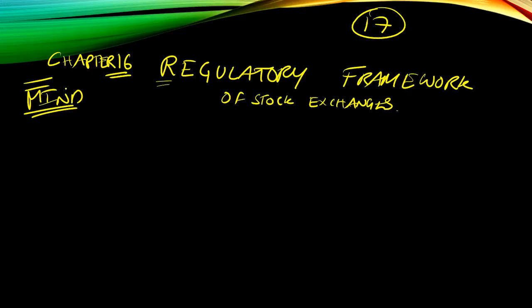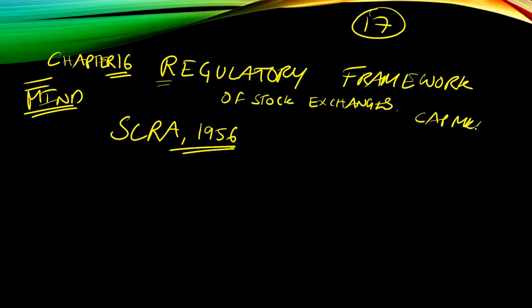So in this chapter 16, the first thing which you should know is you are going to study SCRA, Securities and Contract Regulation Act 1956. So this is the core which we are studying in regulatory framework of stock exchanges. So obviously when we study SCRA, we study a little bit of history, then why we need regulation for stock exchanges. I already told you in part A, capital markets, I told you about intermediaries, then stock exchange is one of the intermediaries, all that you have an idea. So that is in our video number 2. You can watch it if you are watching this video first.